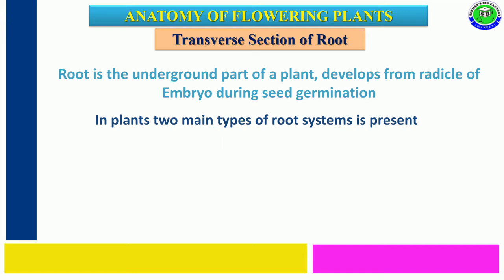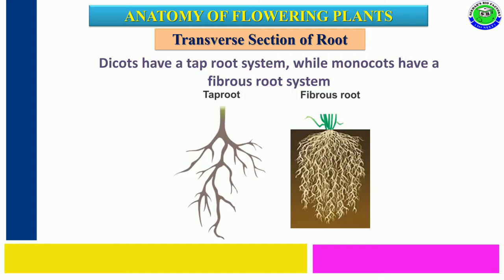In plants, generally two types of root system are present. The first type is the taproot system and the second type is the fibrous root system. In dicotyledon plants, it consists of a permanent root system developed from the radicle. It is called the taproot system. In monocotyledon plants, the radicle root is temporary and it degenerates. After this temporary root from the radicle degenerates, many clusters of roots develop from the basal node of the stem. It is called the fibrous root system.